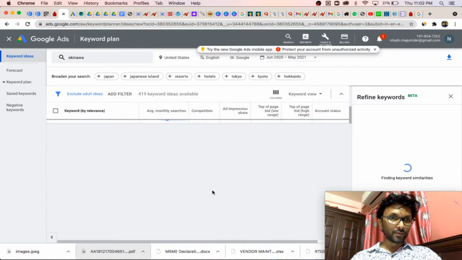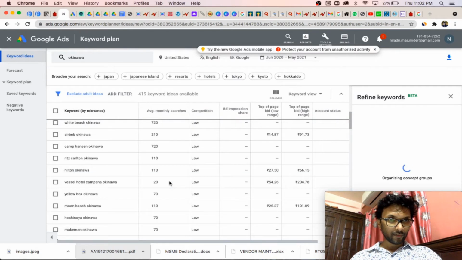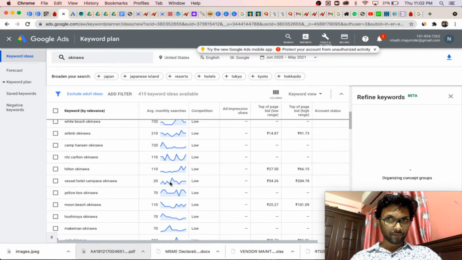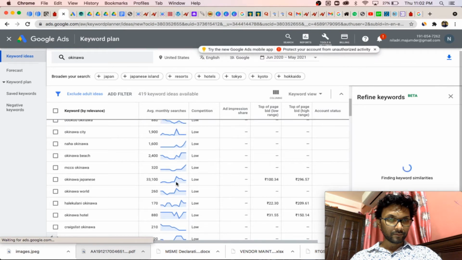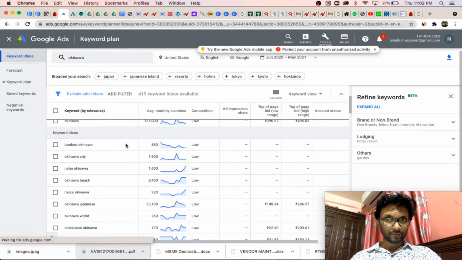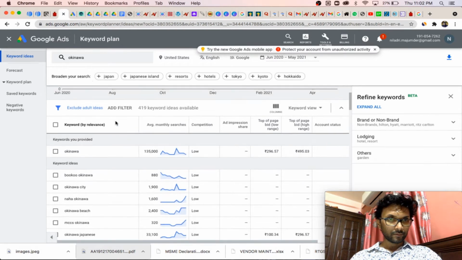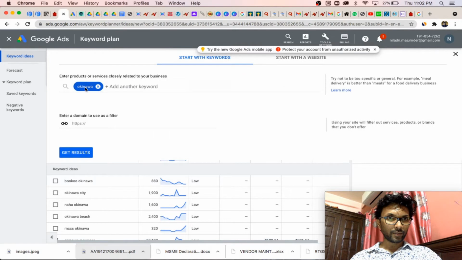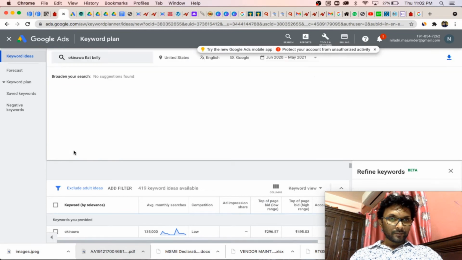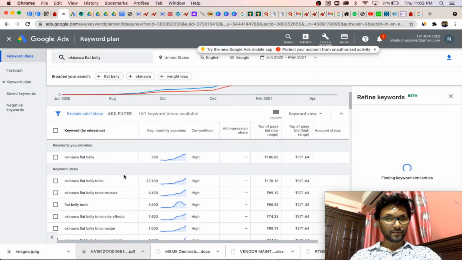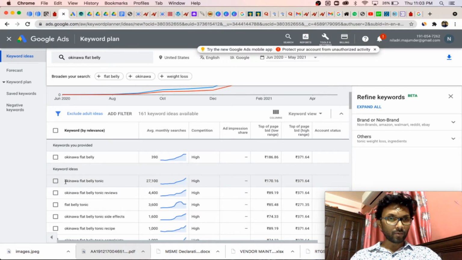So we will use this kind of keywords. Yes, we can use keywords like Okinawa flat belly tonic, Okinawa flat belly tonic review.